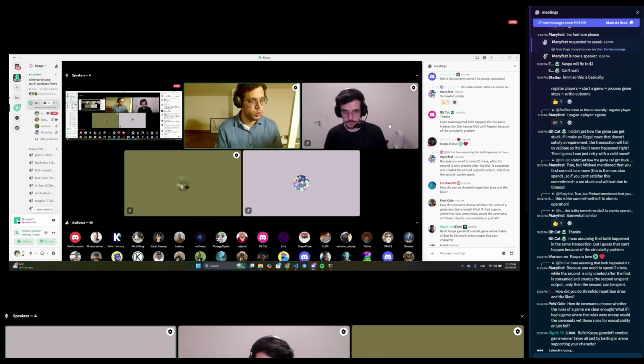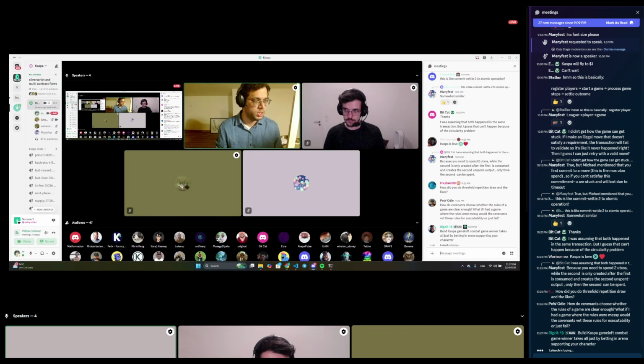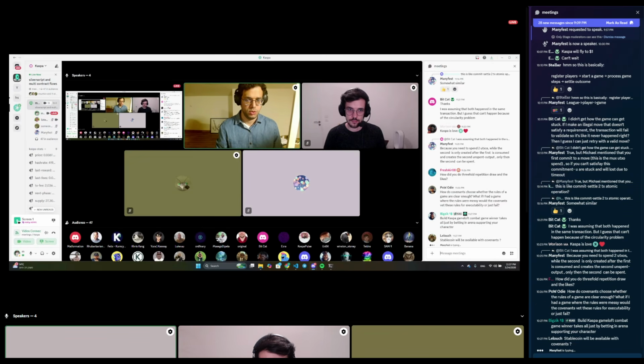How did you do threefold repetition draw and the likes? So there are 2 rules I didn't implement yet. One of them is the 50 move draw, which is if no pawn moved and no piece was captured, then the game can be drawn.